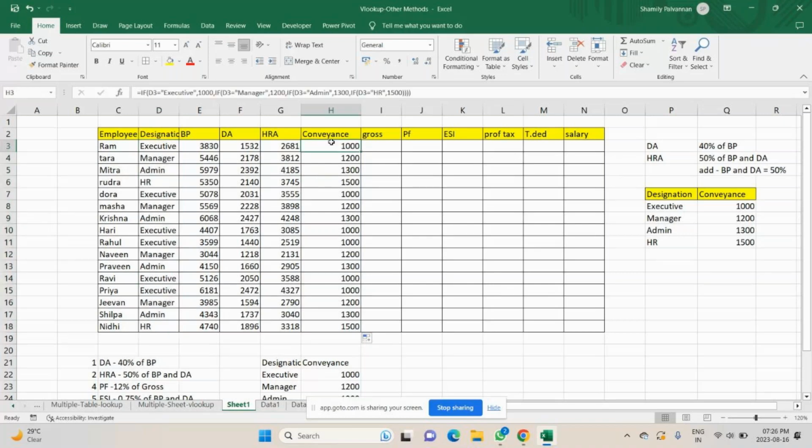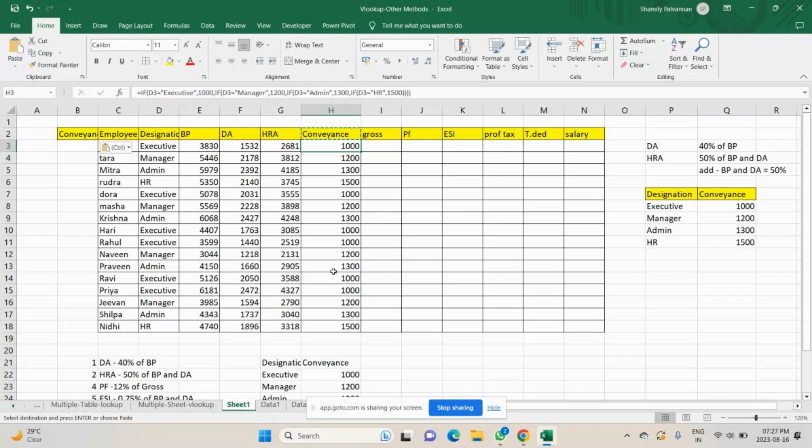Where I have used the if condition. Same thing, I'll show you as an alternative. So I'll take this conveyance and put it over here. I'm showing you an alternative method, but this we are not going to consider. You can do it here itself, but I want you to see both the functions, so that is what I'm